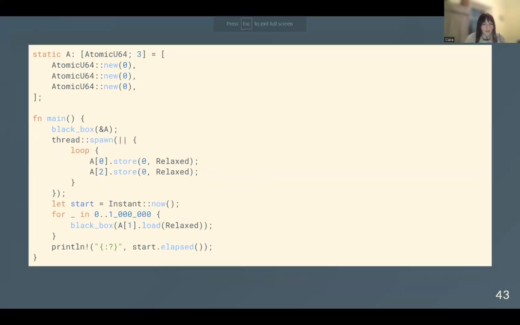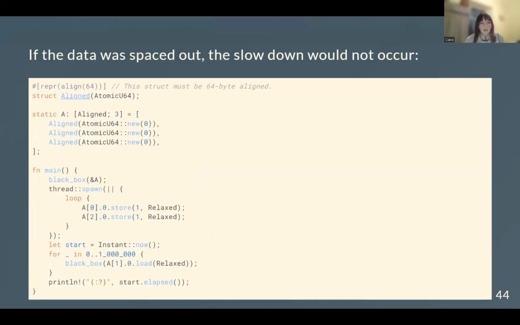So this is that example with this atomic and this atomic being written to and this atomic being read from, and we still see a slowdown there. You can get around that by spacing out the data. Not sure there are probably that many use cases where you would actually do this in practice, but I could be wrong. Maybe you have one. But it's cool to see that you can